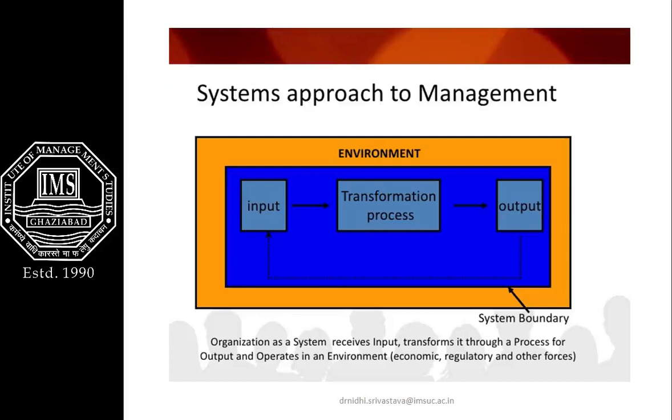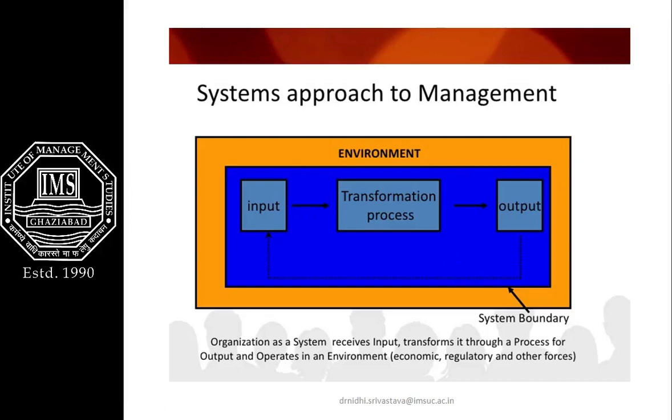In this system approach to management, we find organization as an open system. One system which is having a close interaction with the environment, having input and output relationship which goes through a transformation process. The transformation process receives the input in the form of raw material, labor, and different types of supplier inputs, and the transformation process is primarily the machinery part or the engineering part which is converting all those inputs into output, which is being consumed not only by the customer but is largely affecting the external environment